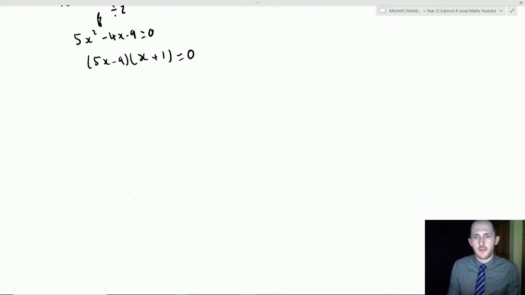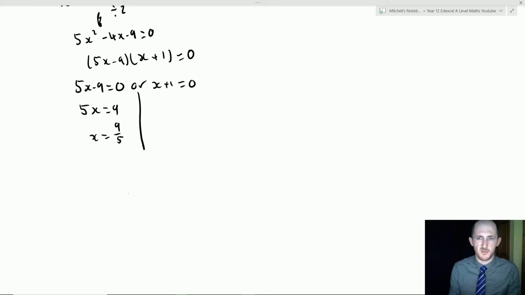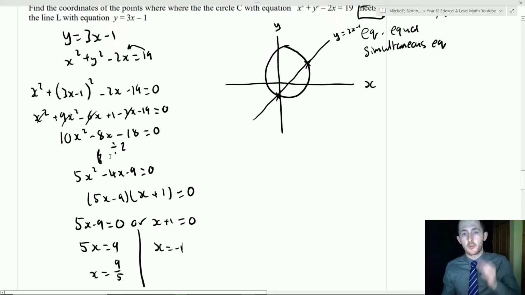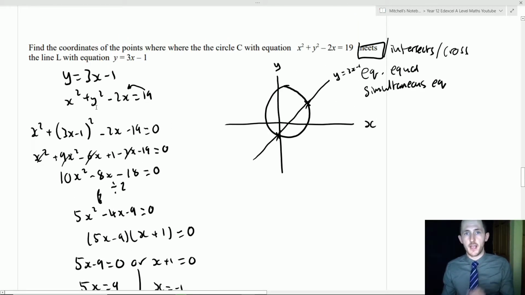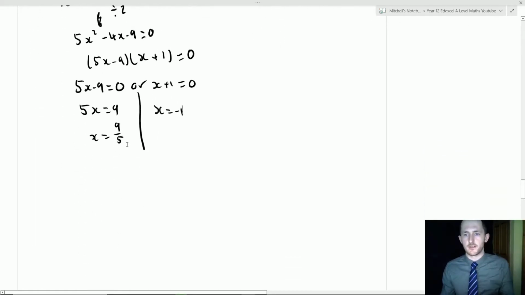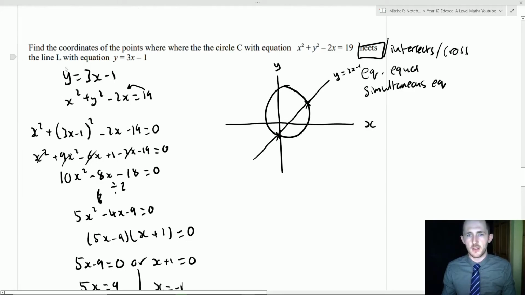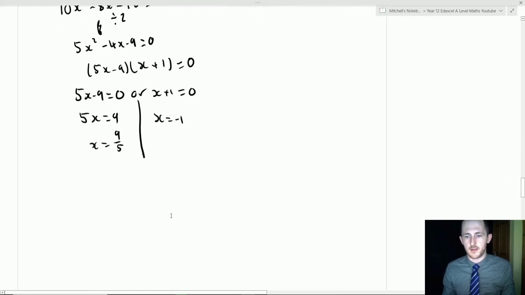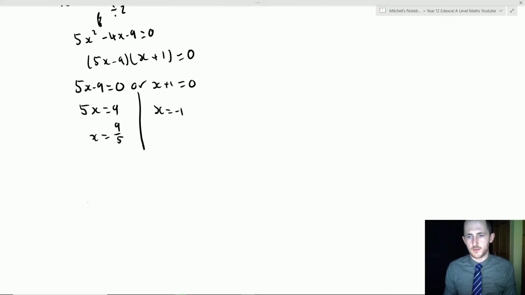So, either we have 5x minus 9 equals 0, or x plus 1 equals 0. So we have 5x equals 9, x equals 9 over 5, bit of a pain, or we have x equals minus 1. Now again, because these are both quadratics, we have x squared and y squared, 2 answers for x, 2 answers for y. We have the 2 x answers, now we need the y answers. So what I'm going to do is sub it into this equation we had here, y equals 3x minus 1. So we have y equals, so again, if you want to continue this,